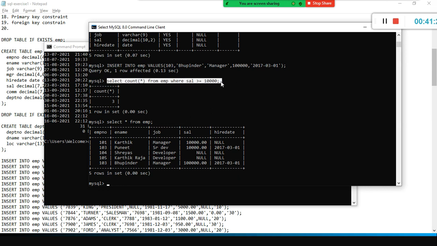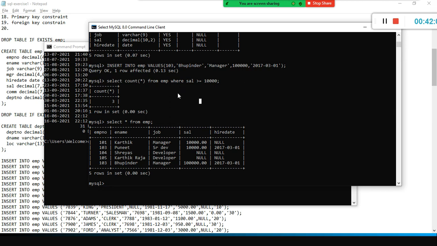In real time, we are working with millions and millions of records. Let's say you have 25 million records in this table, and if you fire this query, it will take a few minutes to display the output, because it has to scan the entire data, filter it, and display it. Here we are getting the output in 0 seconds, probably nanoseconds. Now you understood, it's very simple, isn't it? SQL queries are very simple.